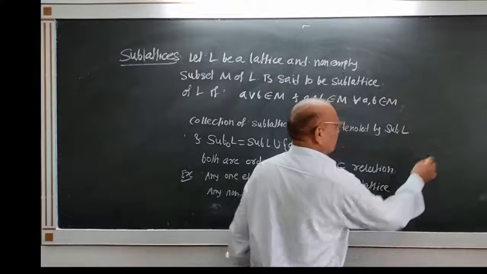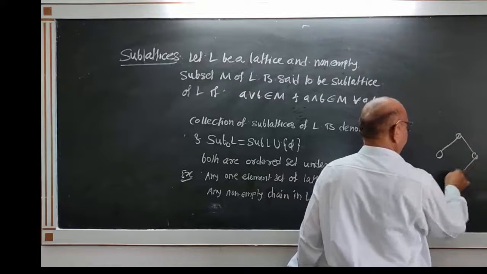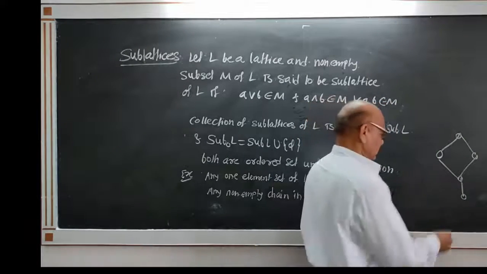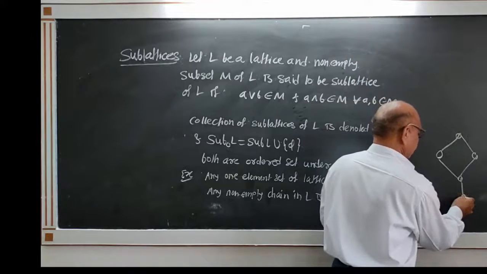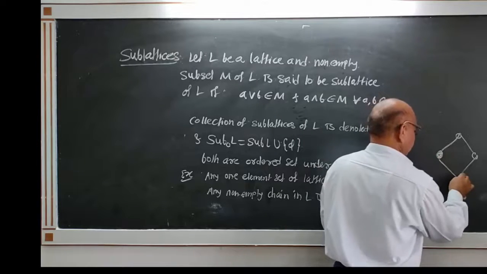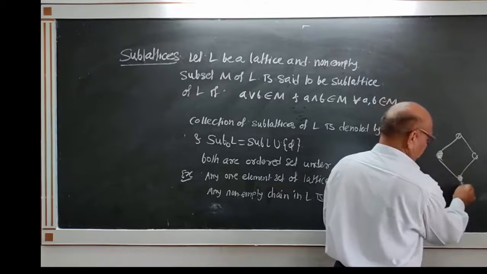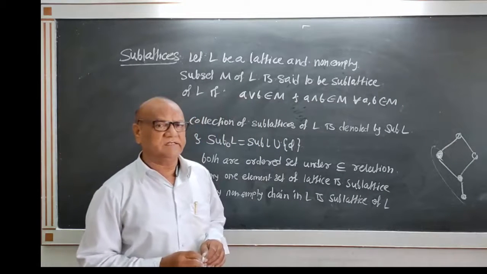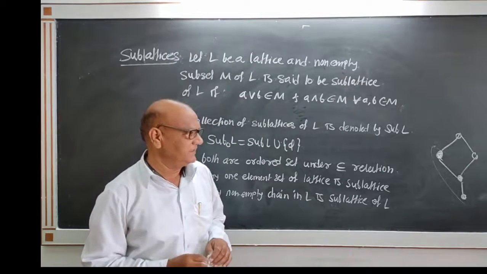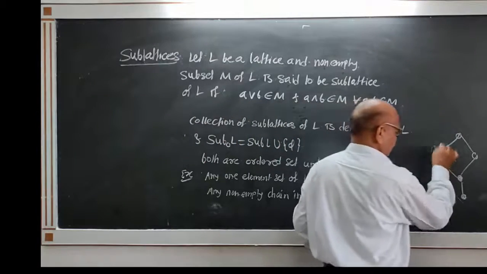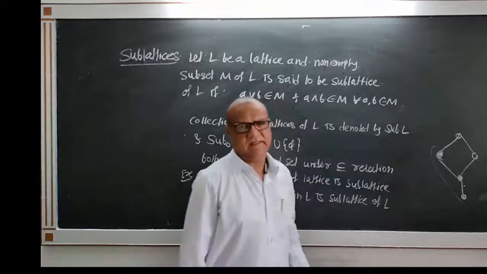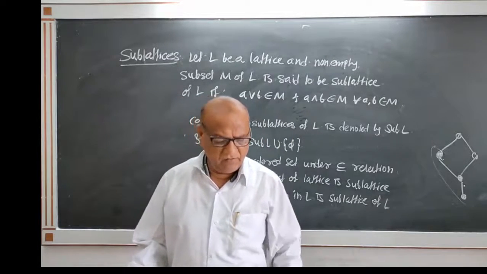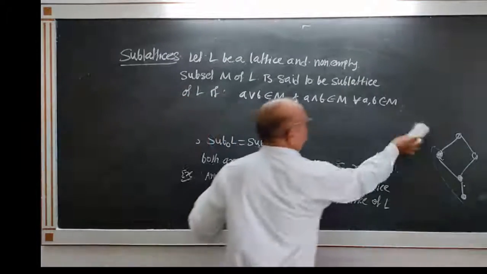Up here. That means here, this is a lattice, and if you take a chain, this shaded element, this 1, 2, this chain is a sublattice. Chain is a sublattice of this lattice. Now, here is an example of